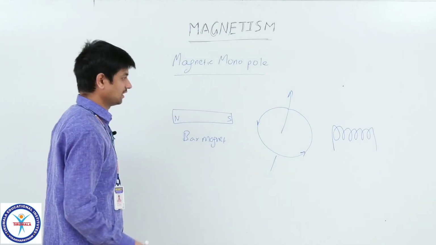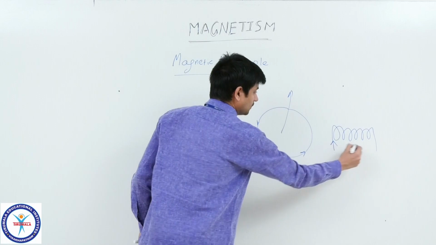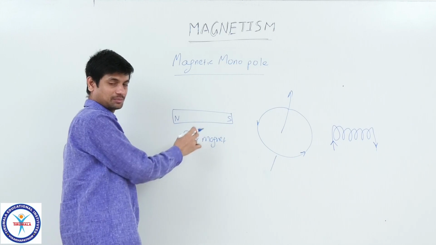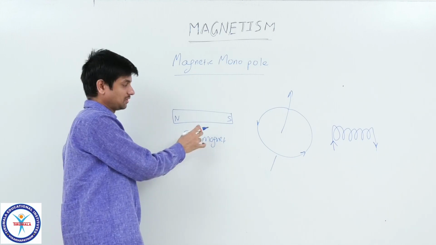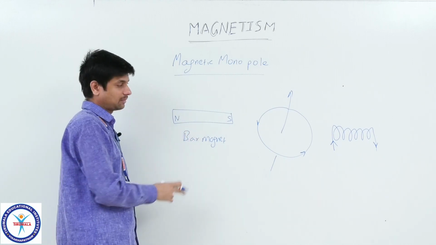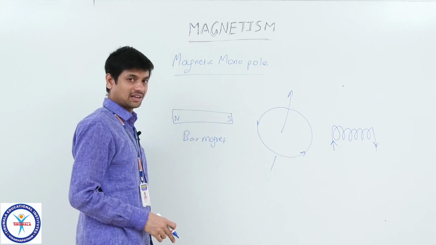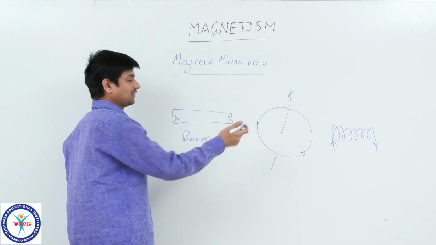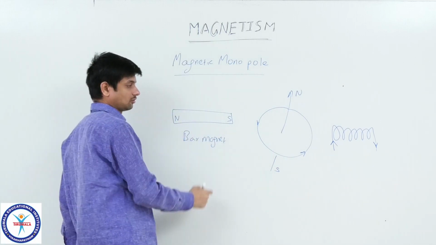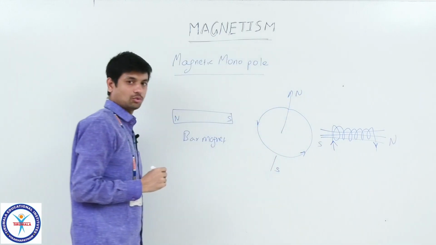For all these cases, when the current is passing, here you will get the magnetic effect. Here also when the current is passing, you will get the magnetic effect. But here inside, orbital motions and spin motion of the electrons will give rise to the magnetic effect itself, but there you need to send electric current. In all these cases, one side will act as north, another side acts as south pole. Here also north, south pole. Here also, if you get the field lines, one side north, another side south.